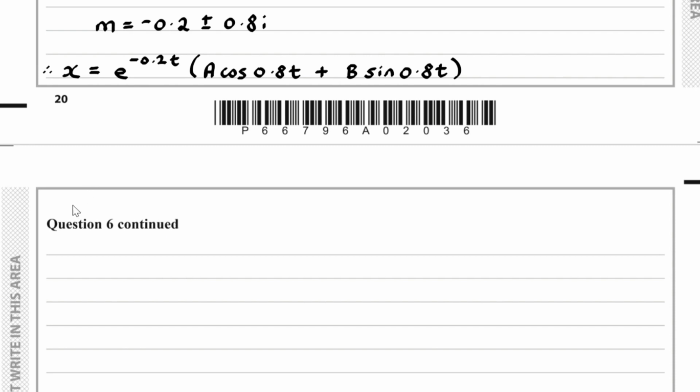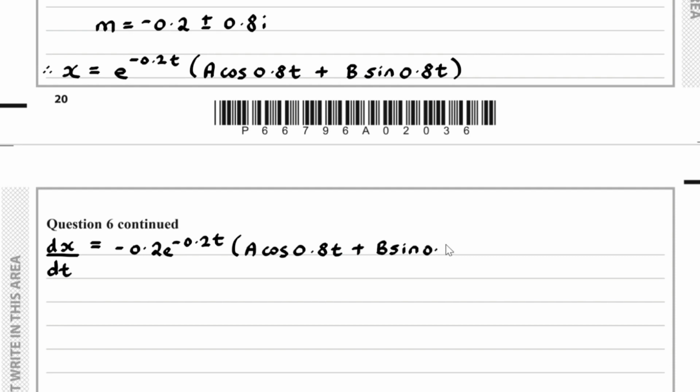So if we differentiate x, dx over dt using the product rule, well, we have u dash times v, which is a times the cosine of 0.8t plus b times the sine of 0.8t,